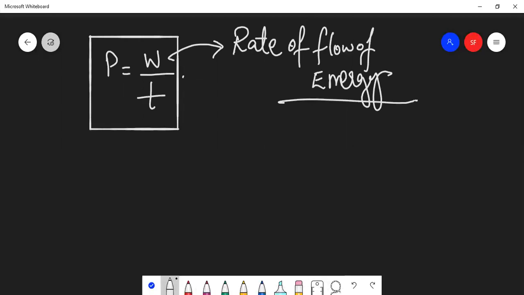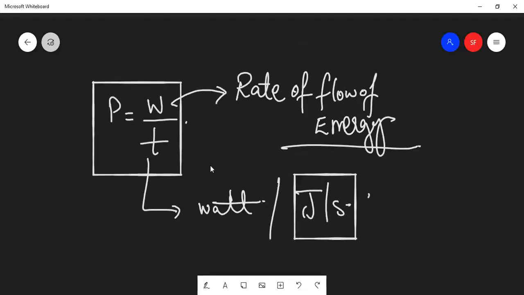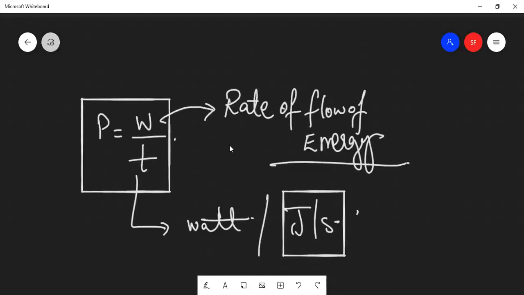What's the unit of power? Watts. Or we can also call it joules per second. This is also a unit of power. Joules because joules is energy, and seconds because time is in the denominator. All right, after this,